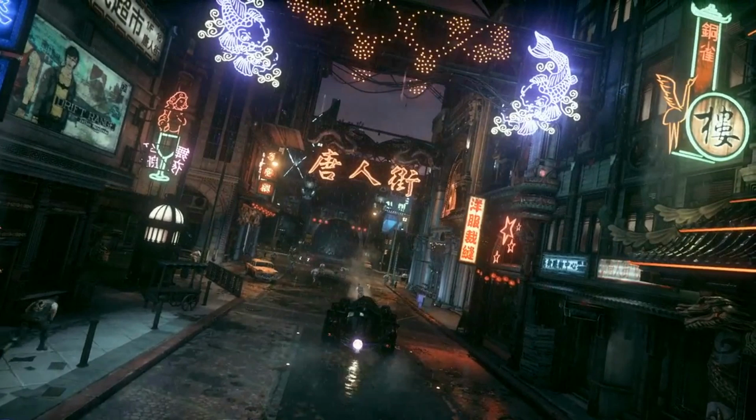I love neon lights. I just think they look really nice. And the floor where you can see the light from the back of his Batmobile sort of reflecting off of the puddle. It looks really cool. As I said before, I'm going to be taking a lot of my time on this